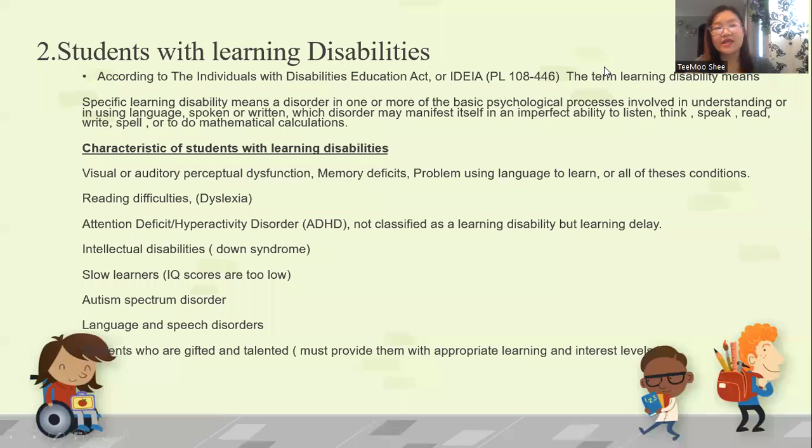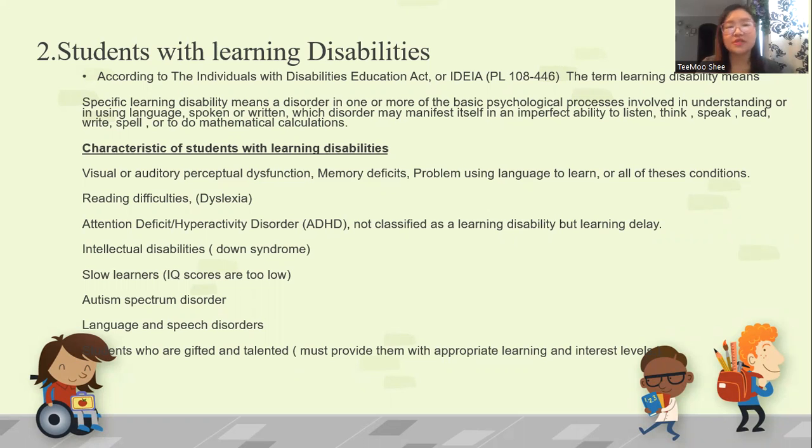My second highlight is students with learning disabilities. According to the Individuals with Disabilities Education Improvement Act, Public Law 108-446, the term learning disability means